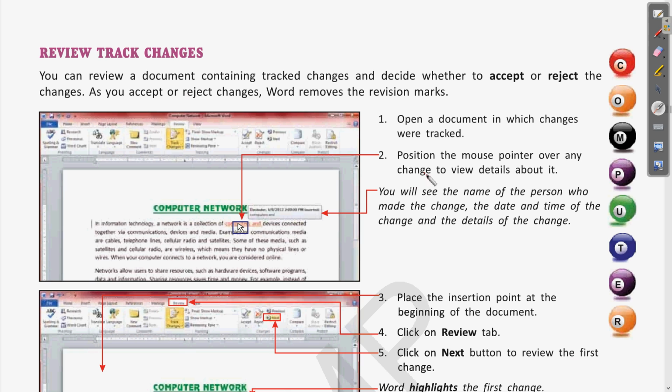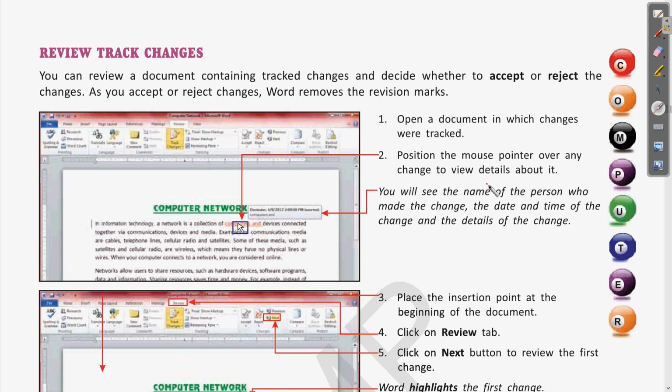Now open the document in which changes were tracked. So it is already open, with all the changes which we have just done. Suppose these changes have been done by multiple users, so all will appear in the document. Now point 2, position the mouse pointer over any change to view details about it.